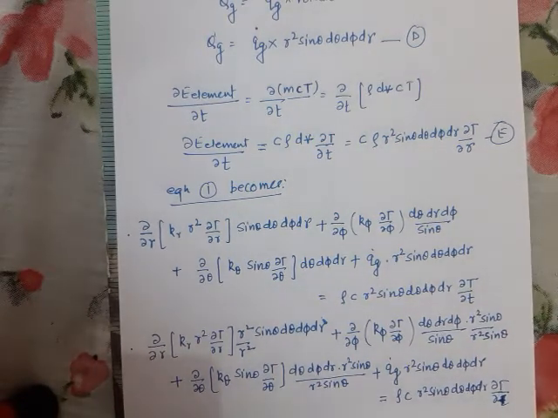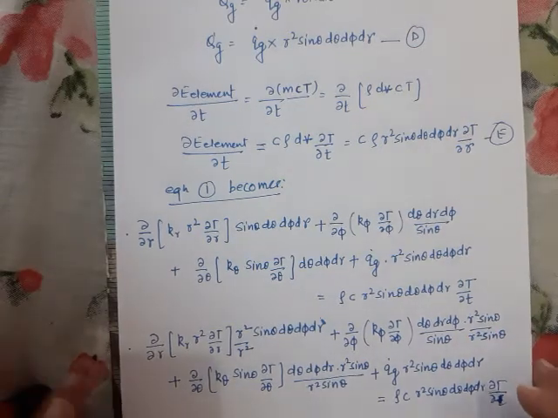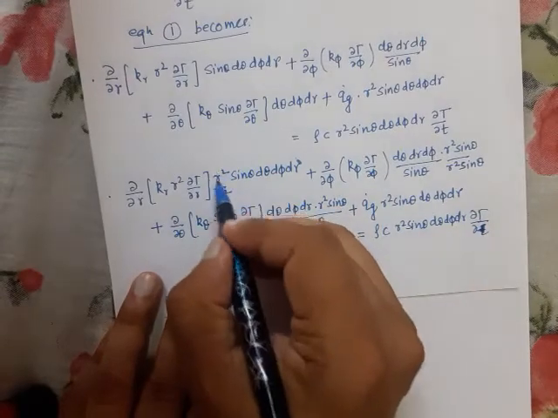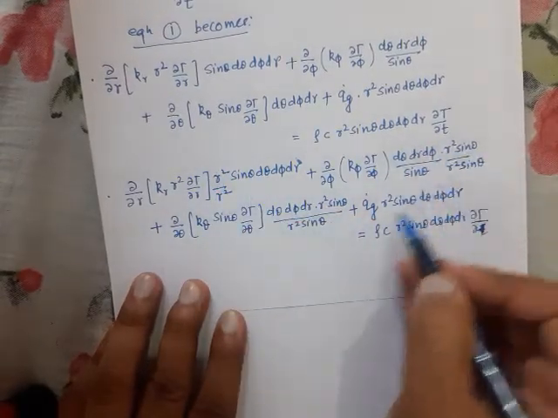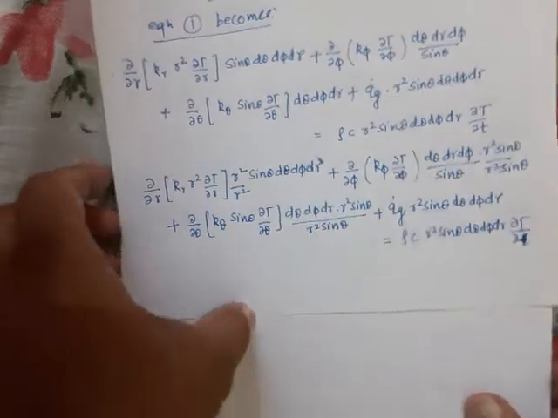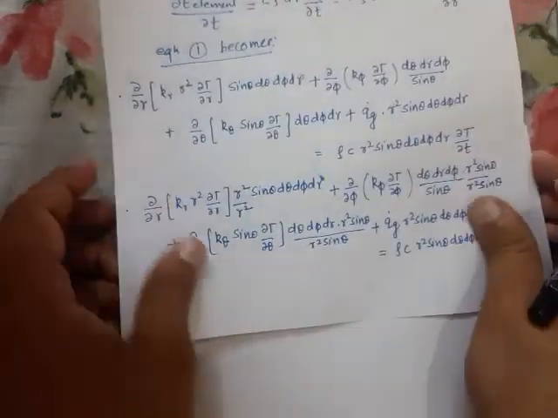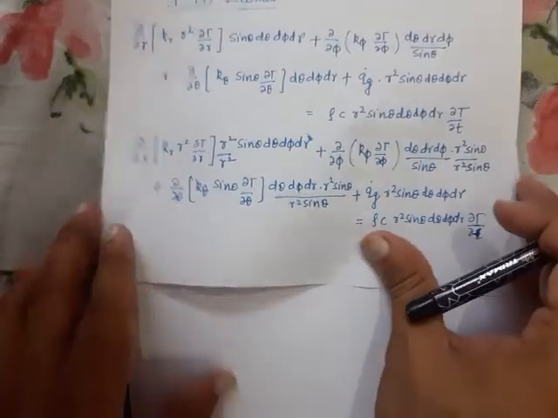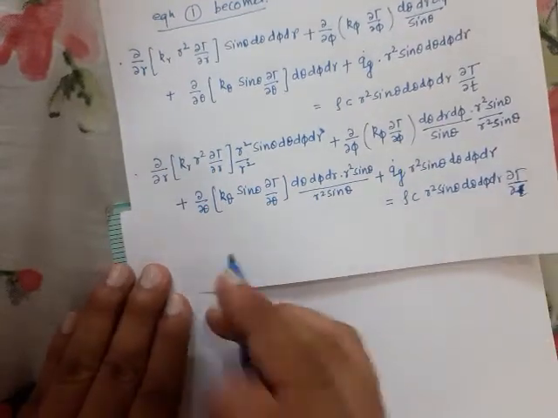Okay, is it clear? I have made a volume term in each of the terms. Now this volume term will get cancelled out from each of the expressions. Now what remains? Rewriting the above equation. Please note, I am writing this equation again by cancelling out the volume term from each of the expressions.